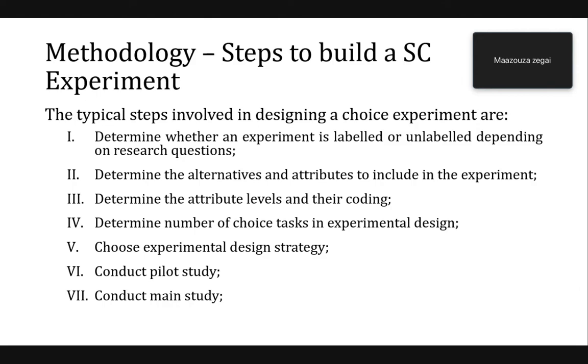Maybe for government, the price will be an attribute. That's a great point, because typically in a DCE you want to include the cost or the price. However, for the COVID-19 vaccine, this might not be so relevant because most governments provided the vaccine for free, so free at the point of consumption. So for this choice task to understand preferences, this might not be a relevant attribute, but generally it's a very important attribute. Other ideas? The side effects. Yes, absolutely, very important.